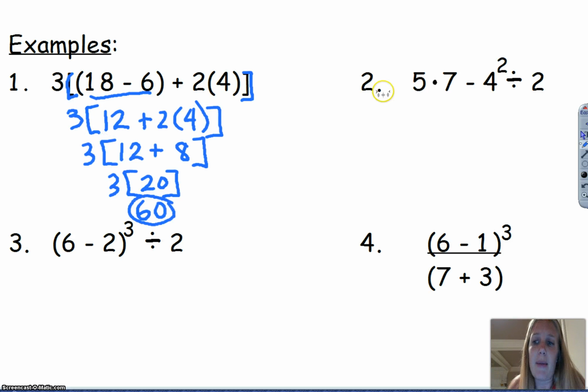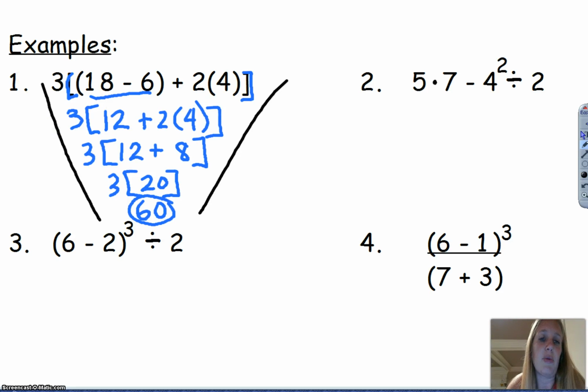Please notice that my work is all coming down into like a triangle with my answer at the bottom. Okay, there's no equal signs at all. We're not equaling anything. You're simplifying as you go down each level. Okay, number 2,